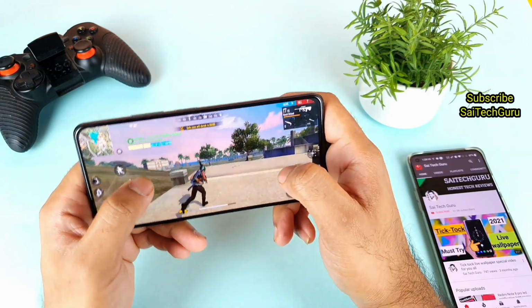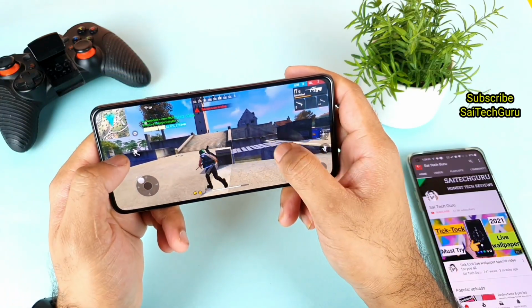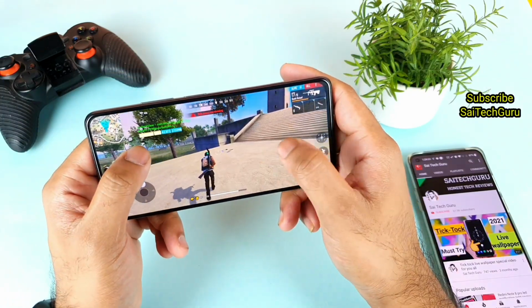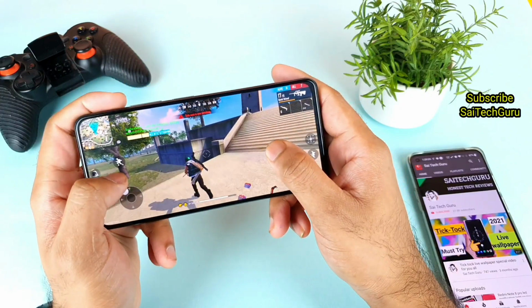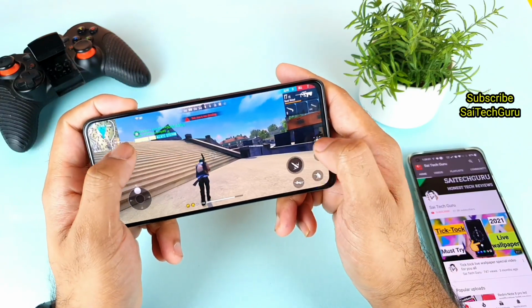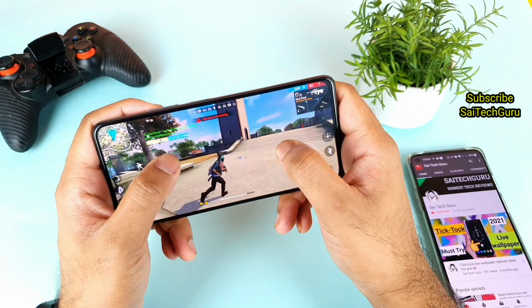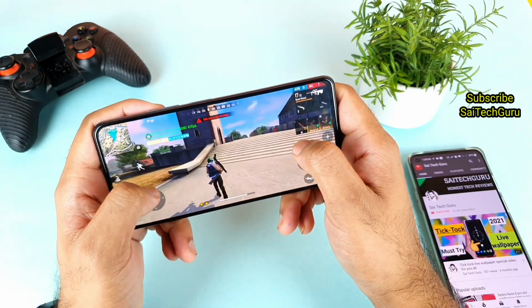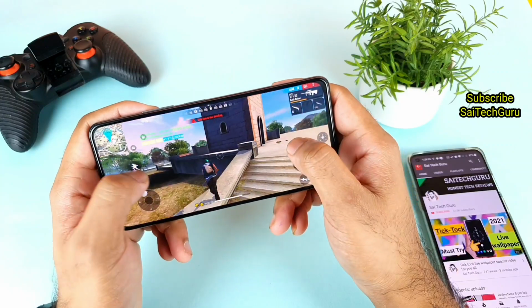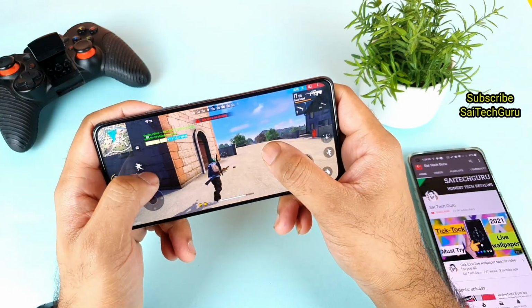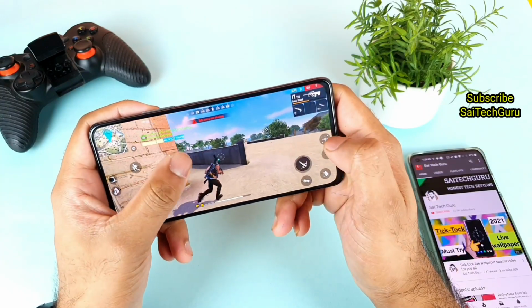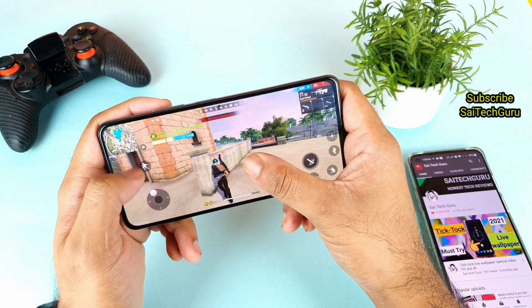So what I'll try to do is compare with other smartphones which I have right now. I'll try the same kind of scenario testing with other phones. Then we'll be able to know whether only this phone is having this kind of problem, or whether other smartphones are also having it with this latest update in the Free Fire game. So we'll get to know the results as well. But I did not see this kind of problem happening before, as far as I remember.